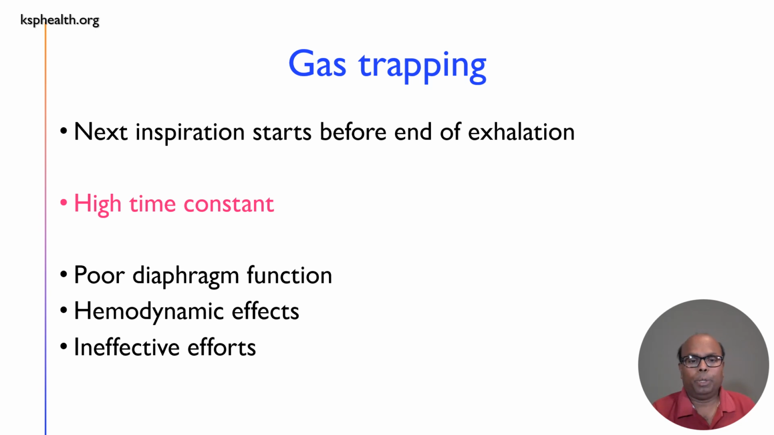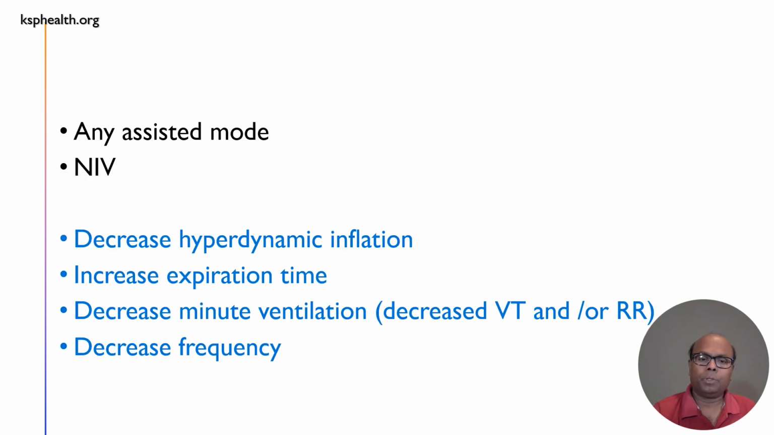Gas trapping or auto-PEEP: the next inspiration starts before the end of exhalation. The reason is a high time constant. The results: it can cause poor diaphragm function, hemodynamic effects, and ineffective efforts. You can see it in any assisted mode. How do you resolve it? Decrease the dynamic hyperinflation by increasing expiratory time and decreasing the minute ventilation, that means decreasing tidal volume or respiratory rate,